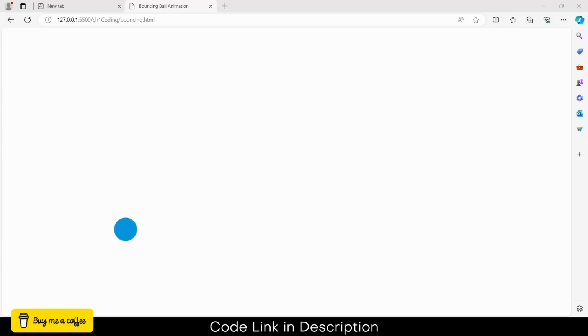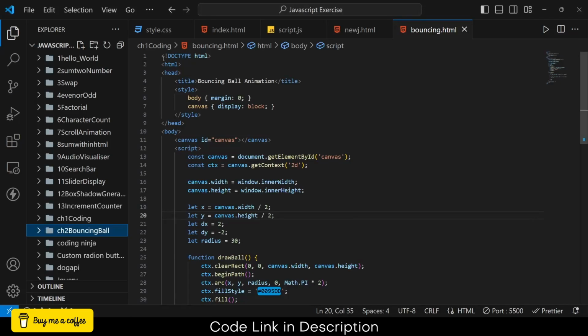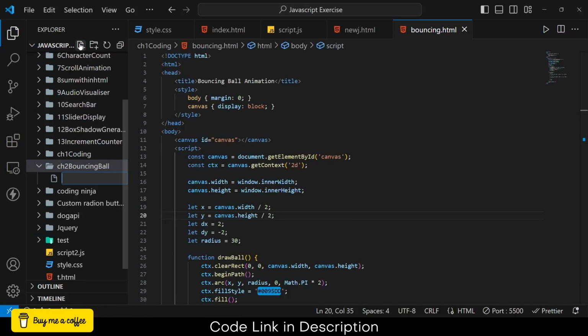Namaste guys, in this video we are going to learn how to create a bouncing ball animation, as you can see on your screen right now. So let's start from scratch. So opening my VS Code. So let's create the file